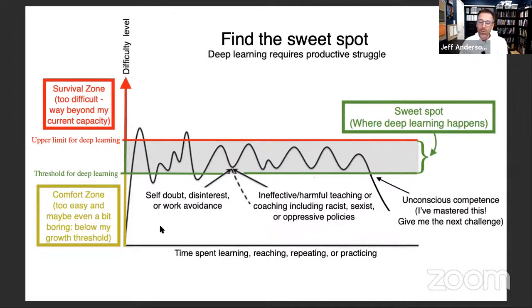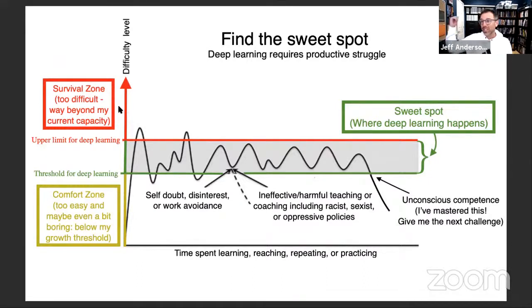So this graph here is going to represent the search for the sweet spot. The sweet spot is the difficulty level in which things are still interesting enough to produce learning results. As we see here, this y-axis, the vertical axis, we're going to call difficulty level. Down at the origin, we would say this is really not difficult. For example, right now, sitting in this chair is not hard for me, right? So in terms of my physical body, I have 0 difficulty level.